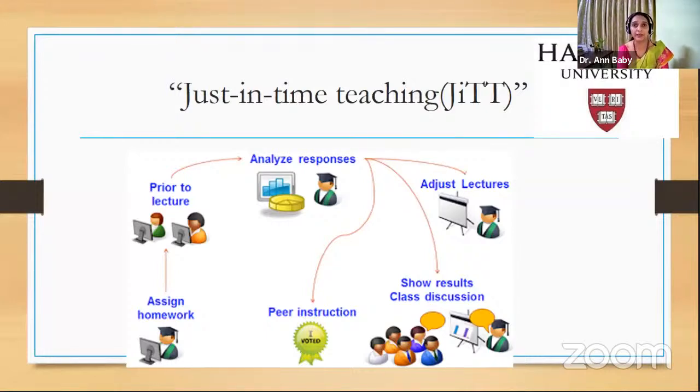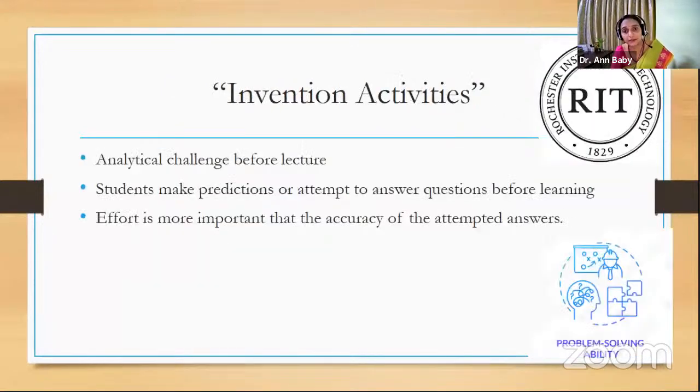Initially, this will be a bit difficult. But the interesting part is, after you analyze the responses, you will know that half of the topic the students have learned by themselves. Only the remaining half you need to do. So you adjust your lectures accordingly. Either you teach it again in the class with discussions, or you make the students teach it among themselves. Because not everybody would have left out the concept. There would be at least one or two students who have understood the concept. Make them teach the others. Your job is over. Just in time teaching. It's done in Harvard University.